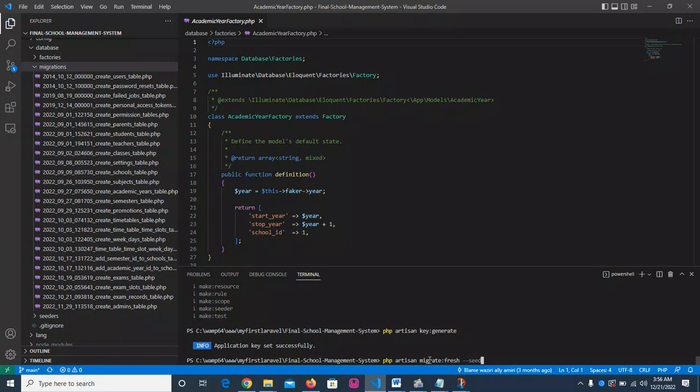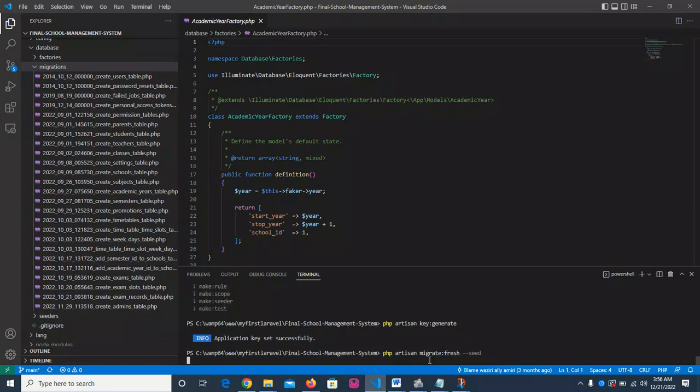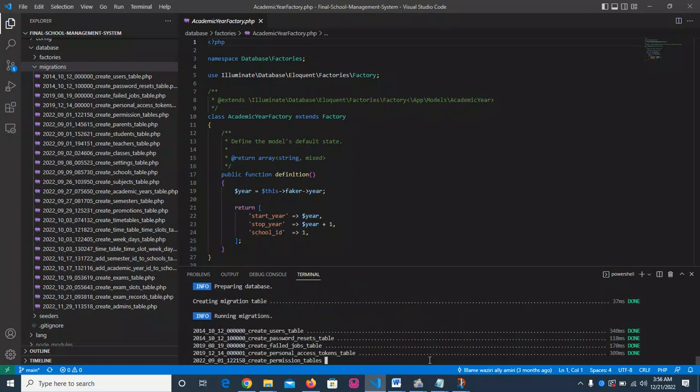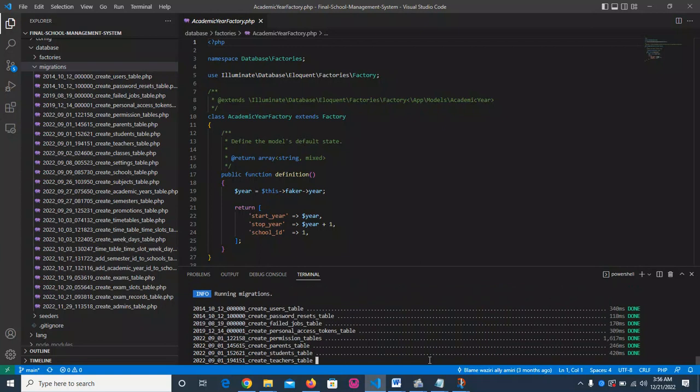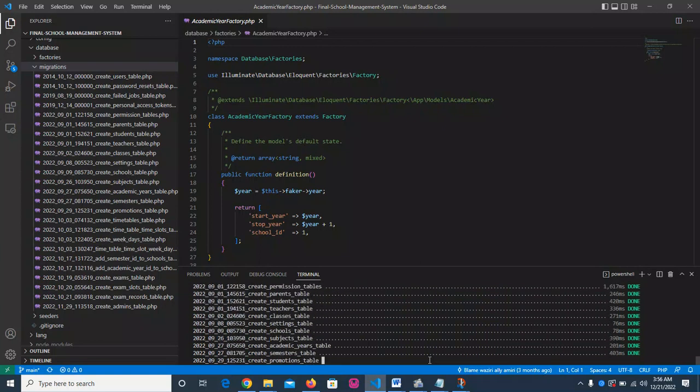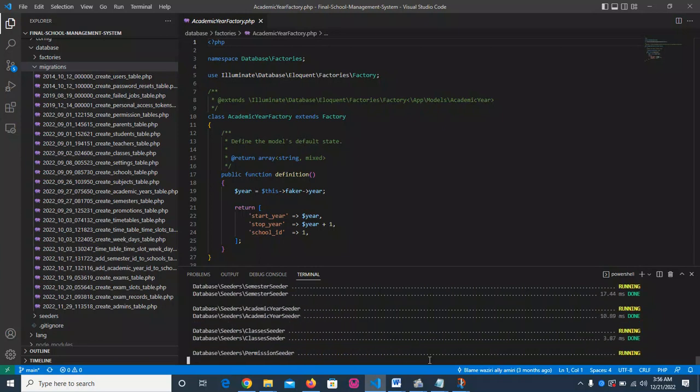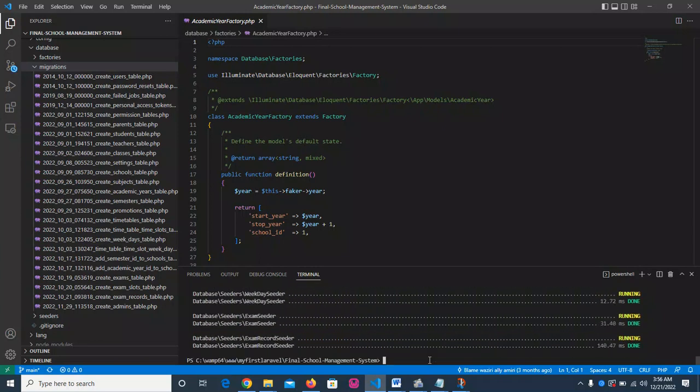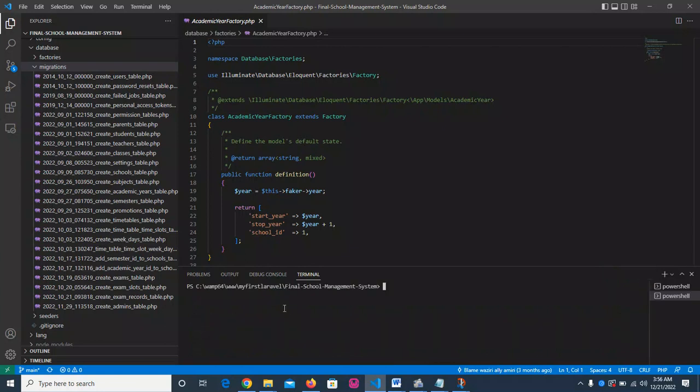So right click after that to write in this one. As you can see here, it first runs migrations, second it will run seeders. Okay. After that, it has been completed successfully. The next step is